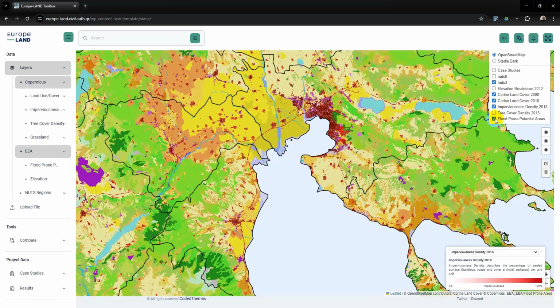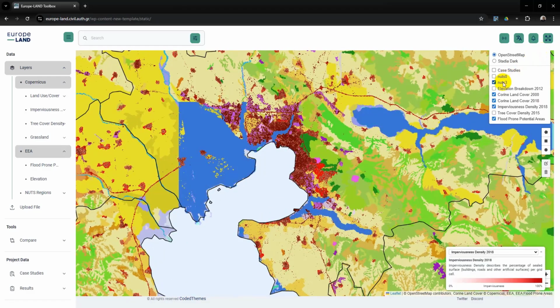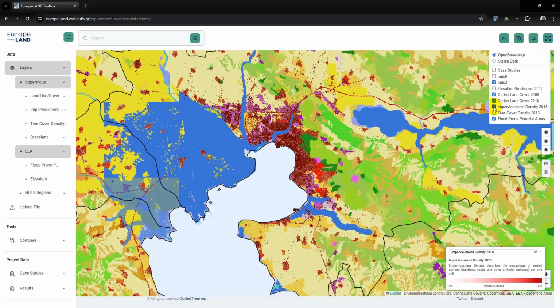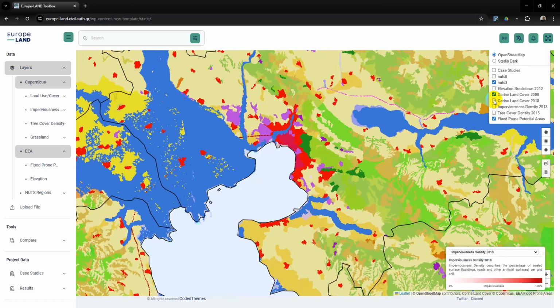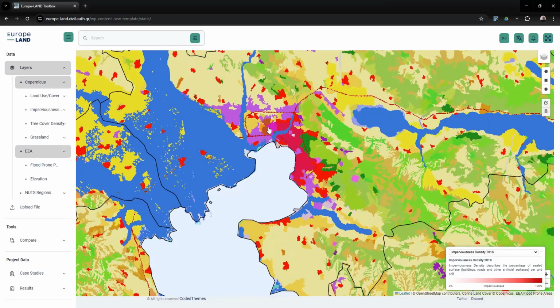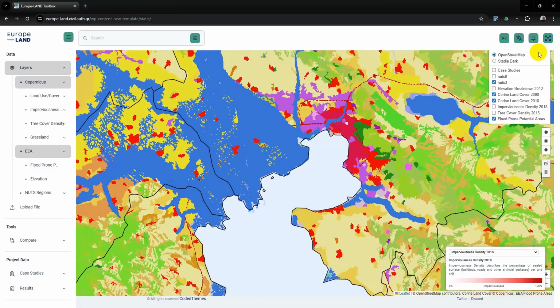Let's now overlay the flood-prone potential areas layer on top of CORINE 2018. At this stage, users can visually evaluate where urban expansion intersects with flood-prone zones, helping to identify areas of increased or emerging flood risk. In the southern part of the study area, we can observe the Anthemountas River, which is